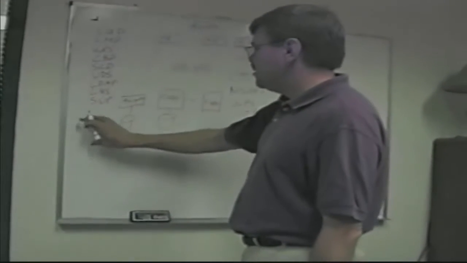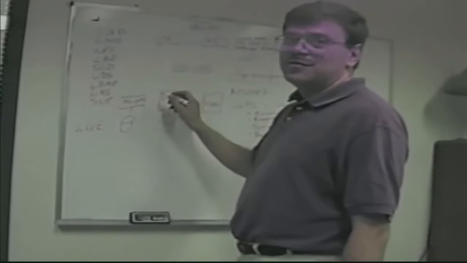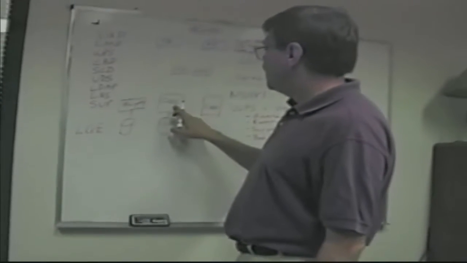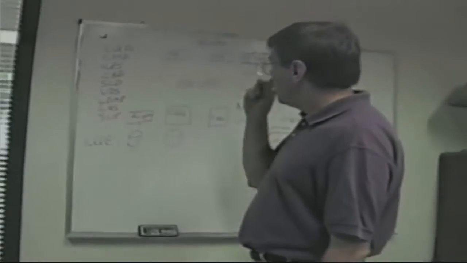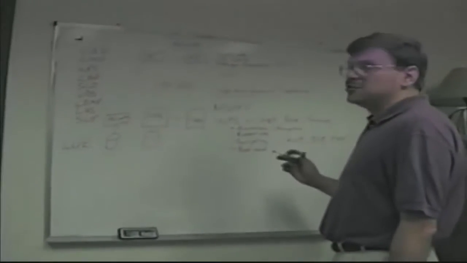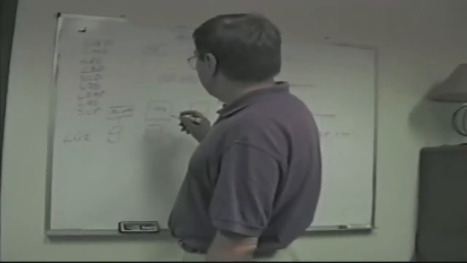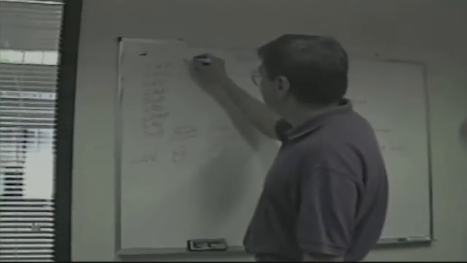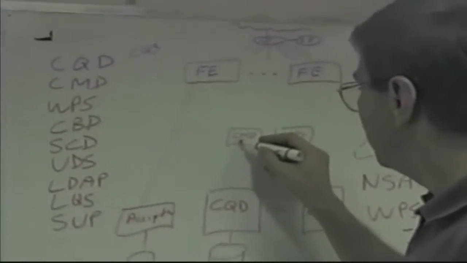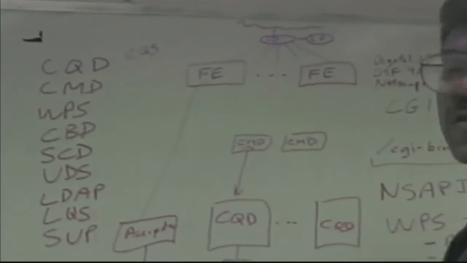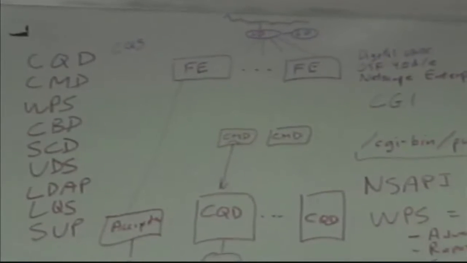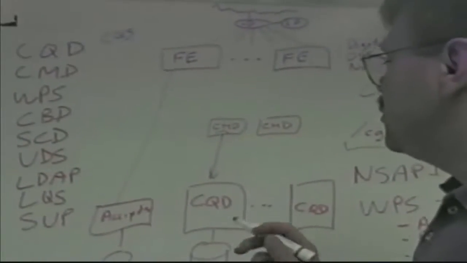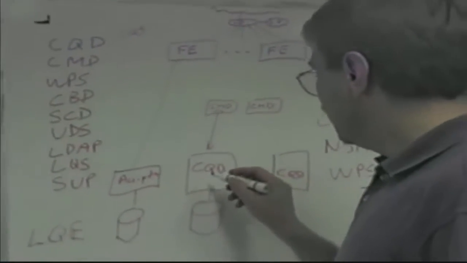But each LQE would still be running the software CQD. CQD stands for Catalog Query Daemon. That is the search engine software. You might also hear some other acronyms. You might hear CQS. CQS is the name of the software that sits on the client side and talks to CQD. You might also hear CRD. In the old days,